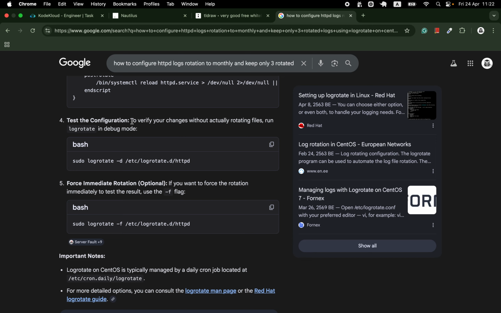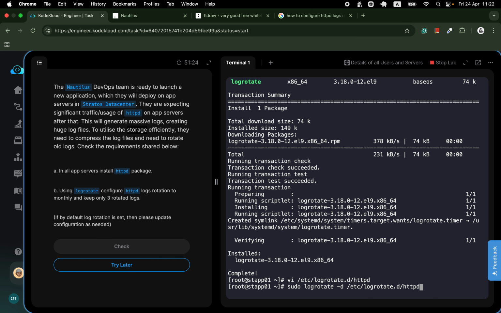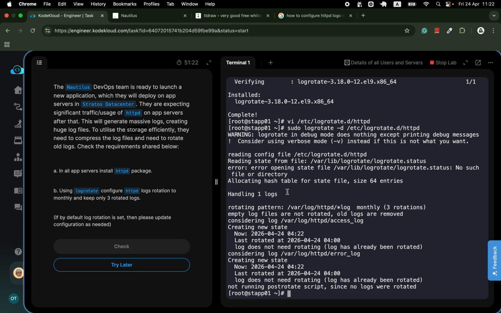You test the configuration to verify your changes without actually rotating files. Run the logrotate in debug mode. So I will try to run this logrotate debug mode command. Let me check that. So you will see that